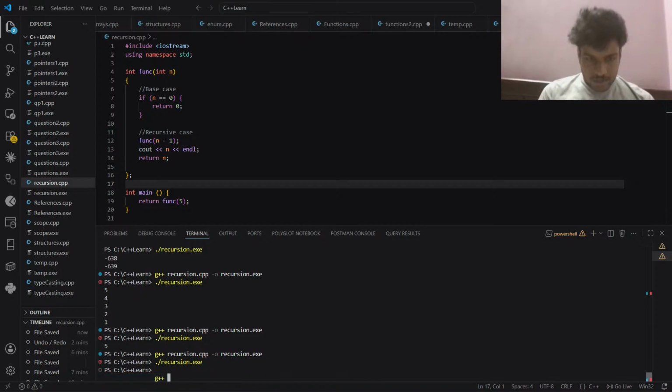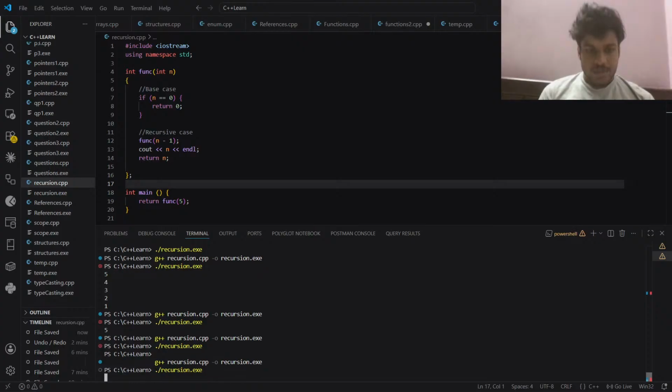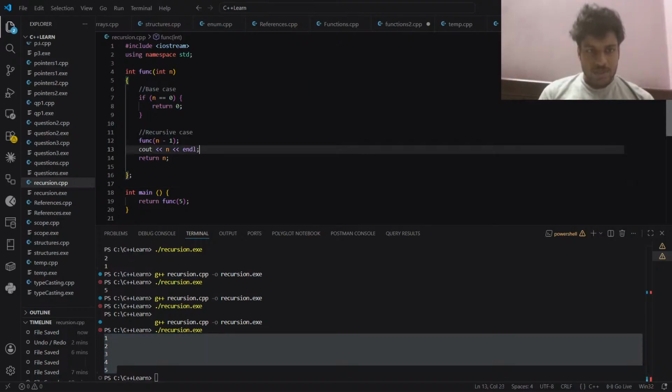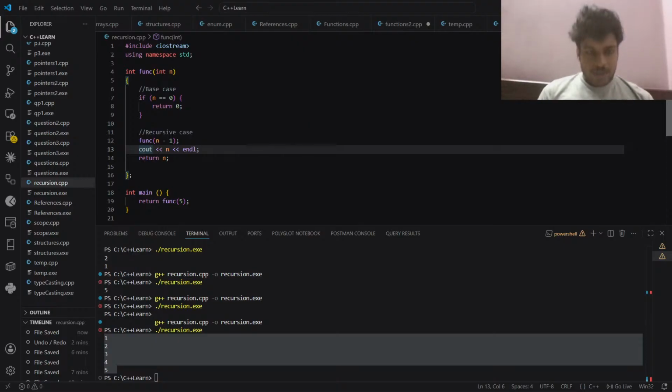Let me just compile. See, now we have these in ascending order. What we have to do is just one small change. Print this after this recursive call. Recursion happens here, and after that, you just print. All right. So now we can just simply modify this program to find the factorial of a number, etc., whatever